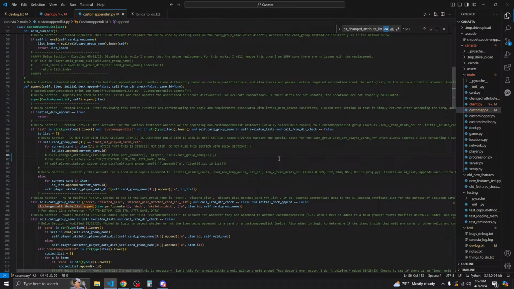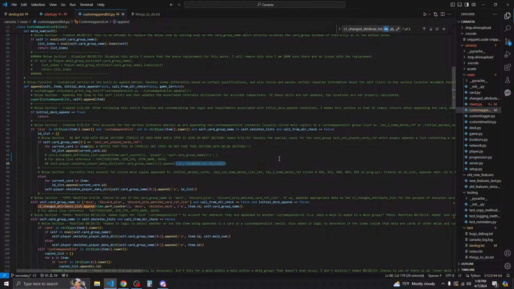Now we need the data itself, and in this case it would be a tuple. Okay, so this is for last set play cards ref, so this is different. And then it has a list of item ID and then ID list.